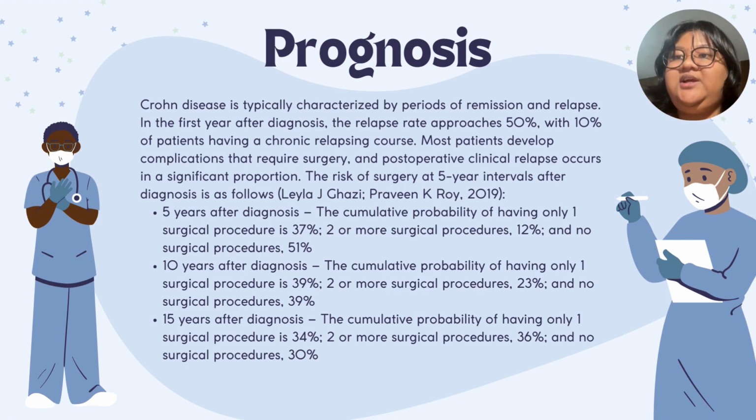The risk of surgery at 5 years interval after diagnosis is as follows. 5 years after diagnosis, the cumulative probability of having only one surgical procedure is 37%, two or more surgical procedures 12%, and no surgical procedures 51%. 10 years after diagnosis, the cumulative probability of having only one surgical procedure is 39%, two or more surgical procedures 23%, and no surgical procedures